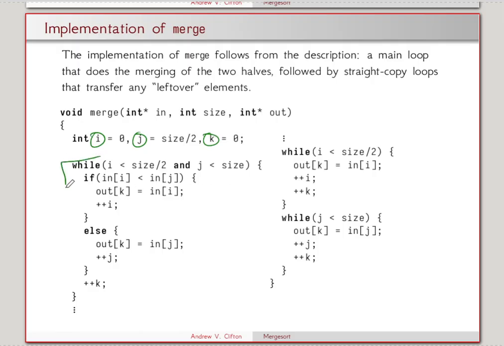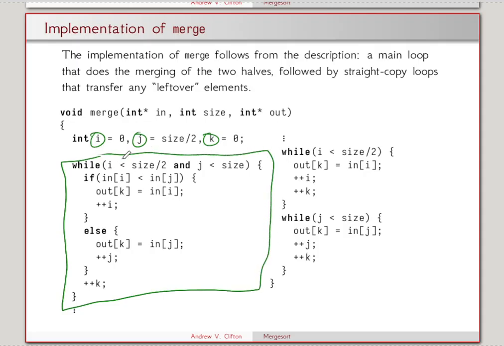So the core of this is this loop right here. This is where we are merging the two halves together. As long as i is still in the left half, and j is still in the right half, we have two elements we're going to compare. So we compare left with right. If the left half is less than the right half, then we're going to copy the left half into the output and increment i. Otherwise, we're going to copy the right half into the output and increment j, and then regardless, we always increment